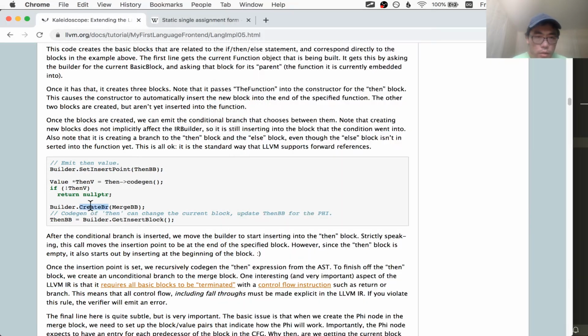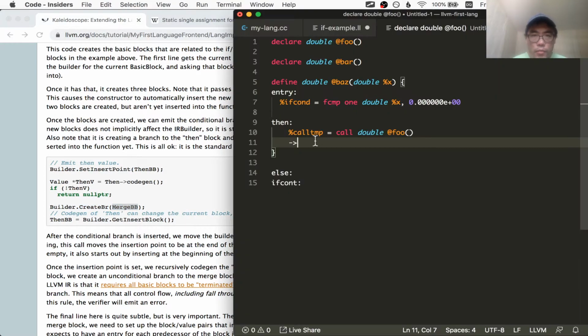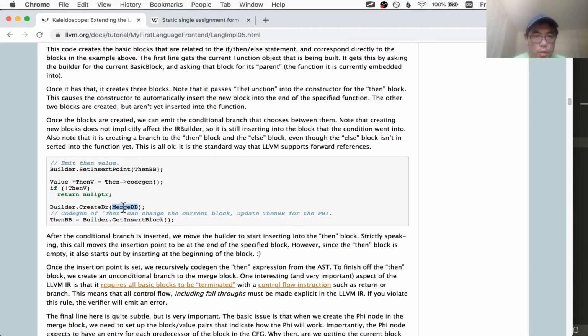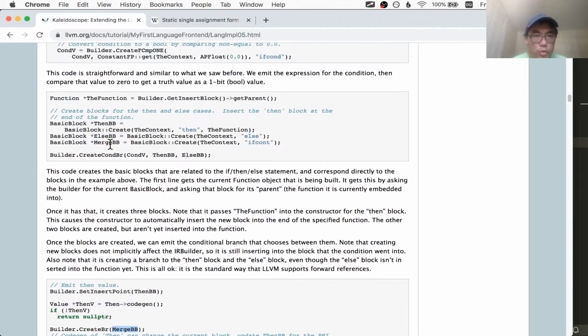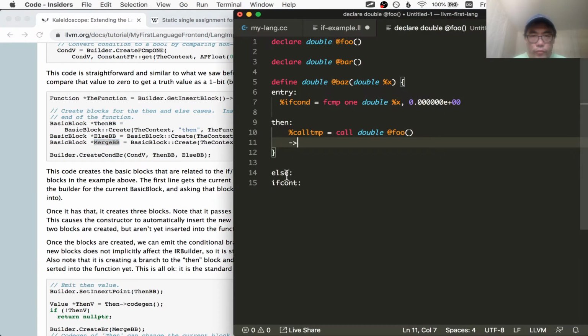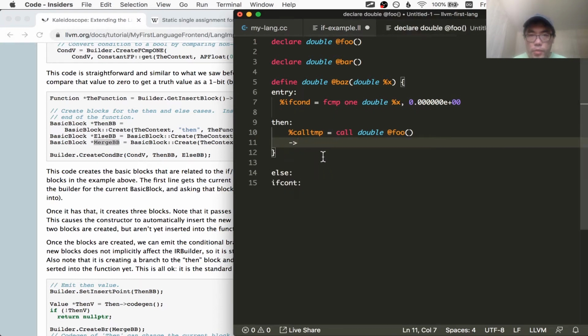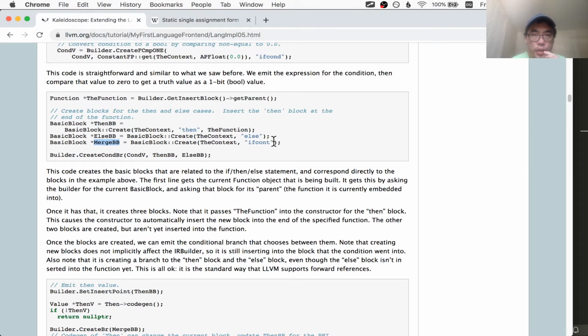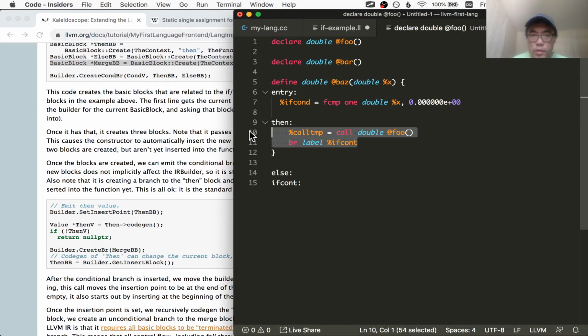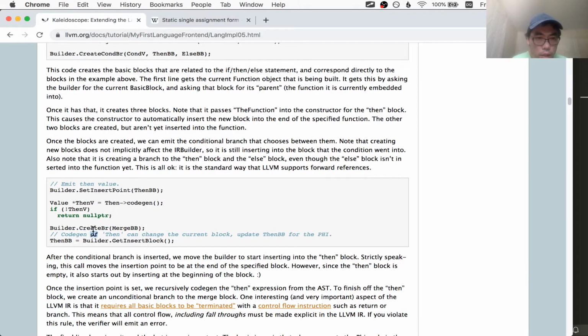And then we create this branching statement to get the then block to go to the merge BB block, which is to say it adds this one. The merge BB block is a reference to this if const block, as you can see here. So yeah, now we generated this stuff, and then